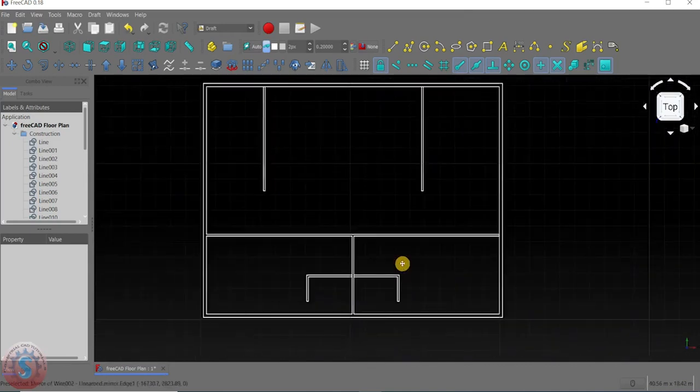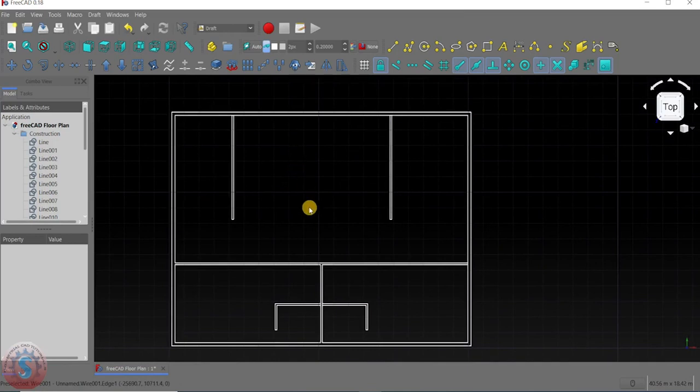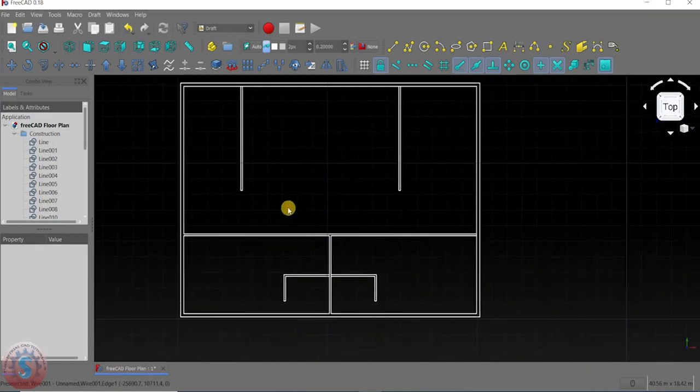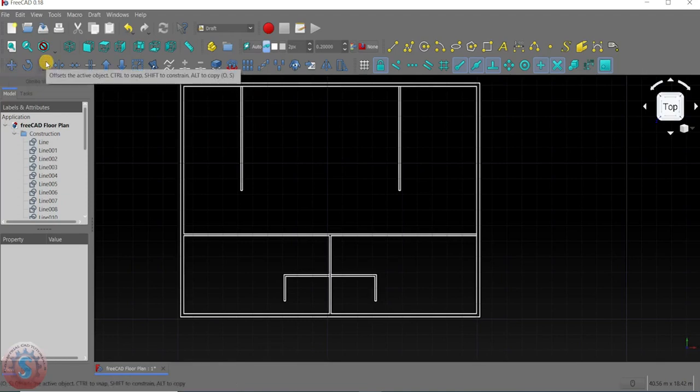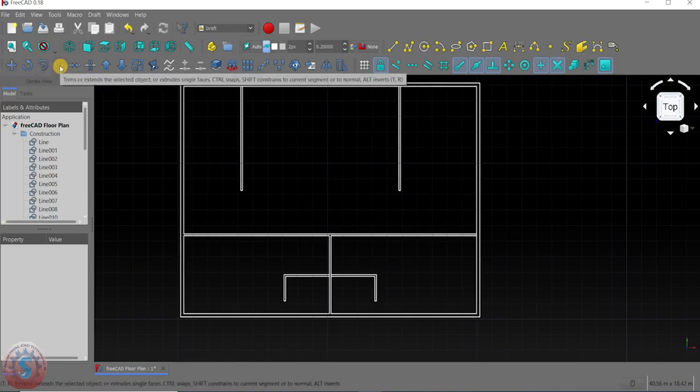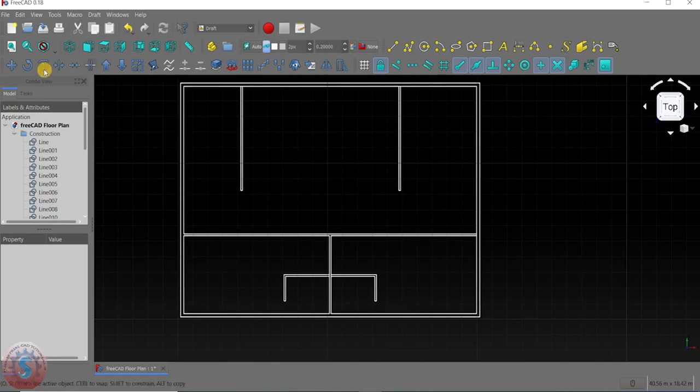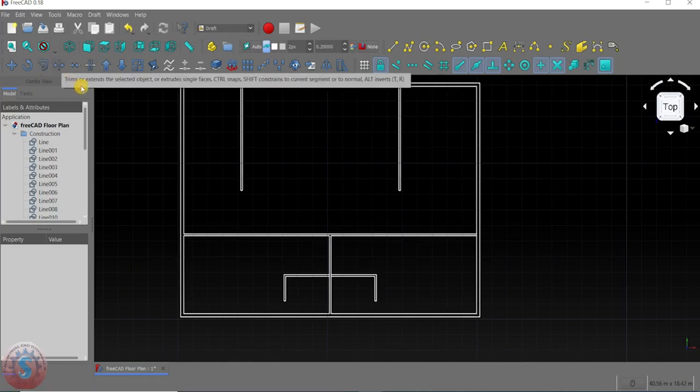How to create the window I will show you. How to create the doors also I will show in my next tutorials. These are the walls created with some commands already, I am reminding. We use them in this project: the move command, the offset, and the trim and the offset trim option,